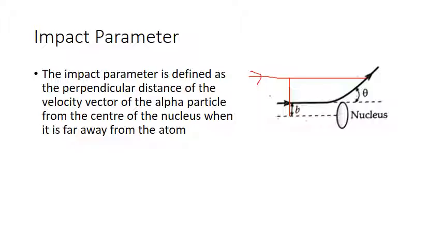Now let us consider the direction of the alpha particle. Now, in case your impact parameter is very large, what happens? The alpha particle which is moving far away from the nucleus, will it undergo any deviation? It will undergo a small deviation, but not as much as compared to the one which has a small impact parameter. So can you see how important your impact parameter is? It basically gives us the trajectory of the scattered alpha particle. The larger the impact parameter, it will pass undeviated. The smaller the impact,